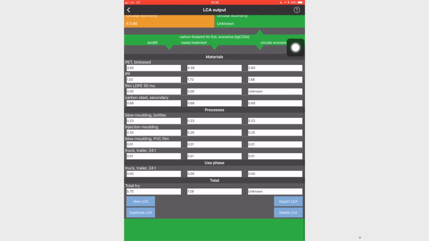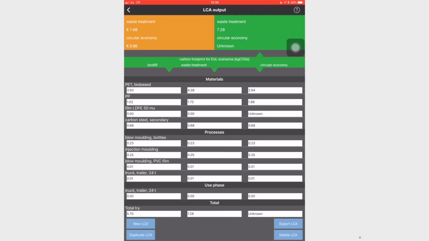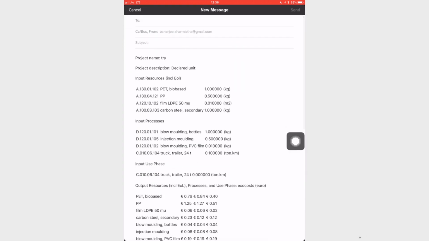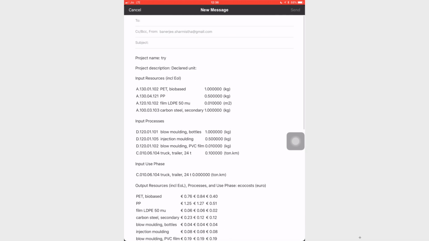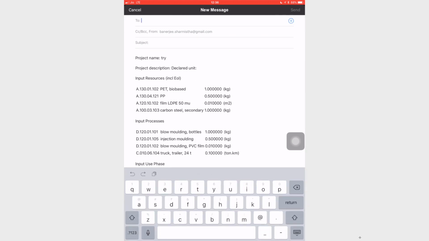Because my weight increased so much for the bottles, that for the truck and trailer will also increase. So let's add. Right now I am adding values arbitrarily, but in practice you have to find out the actual values and add them. So now I can again do a calculation of this particular process.